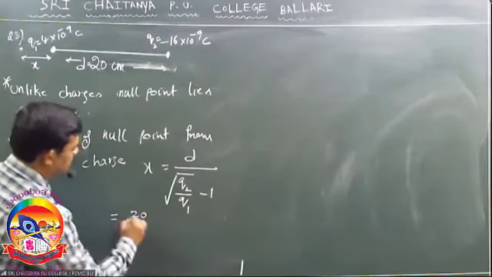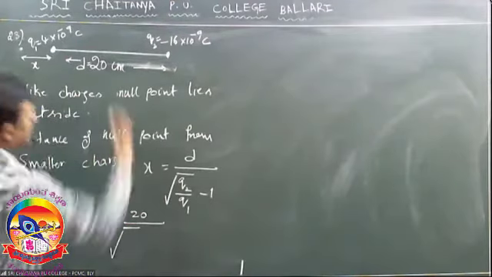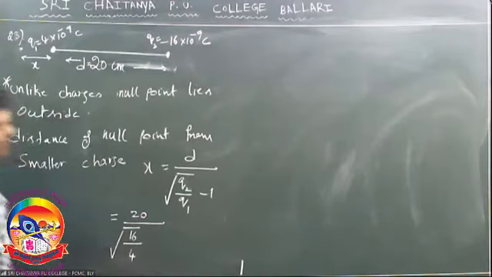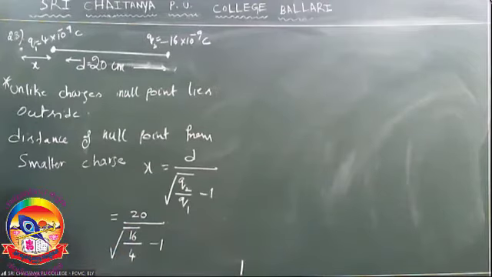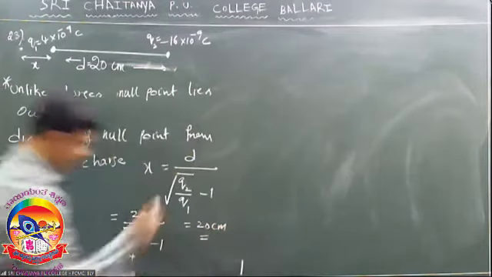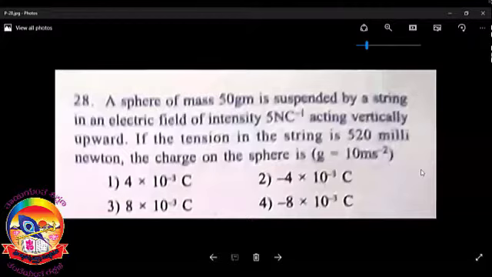D is what? 20 by root over Q2 by Q1 minus 1. Q2 is 16, Q1 is 4. 16 by 4 is 4. Root over 4 is 2. Right? 2 minus 1 is 1. Answer is 20 centimeter. Right? That is the answer. So whenever you are dealing with null points,